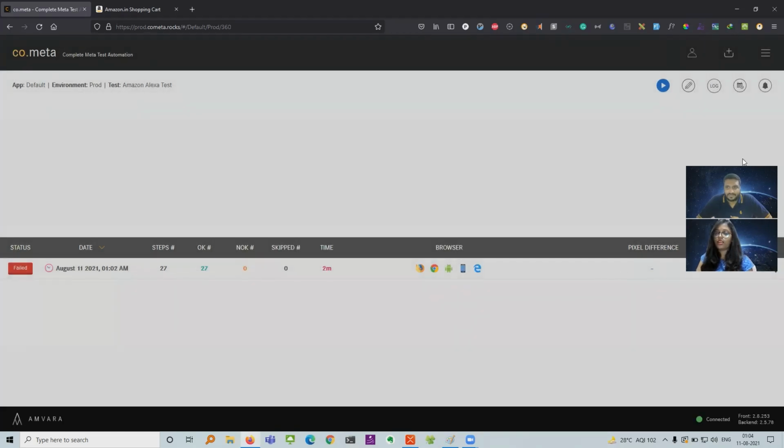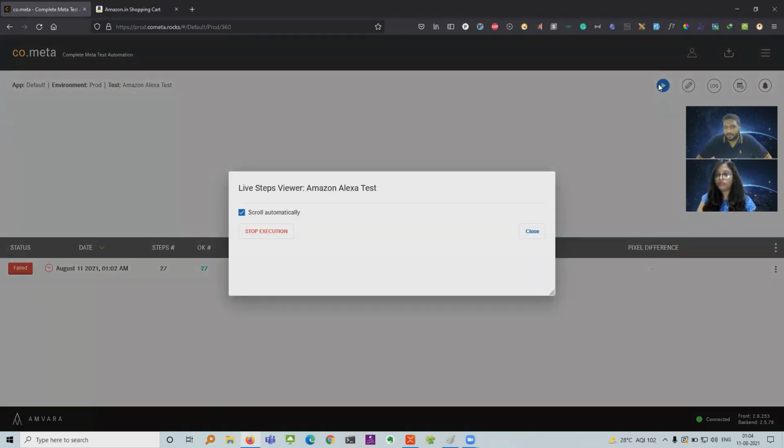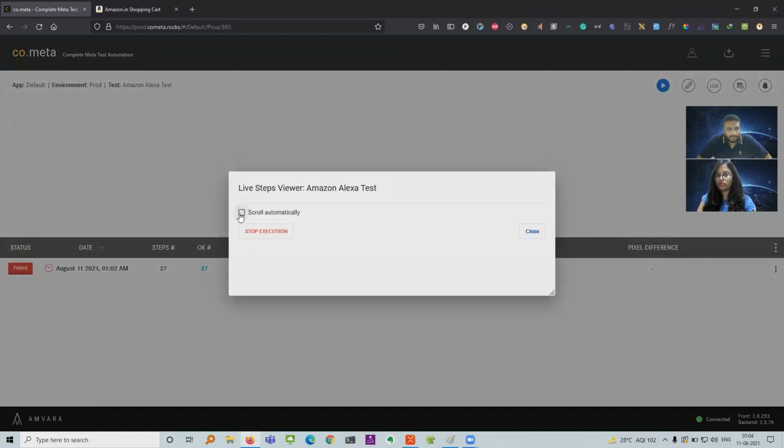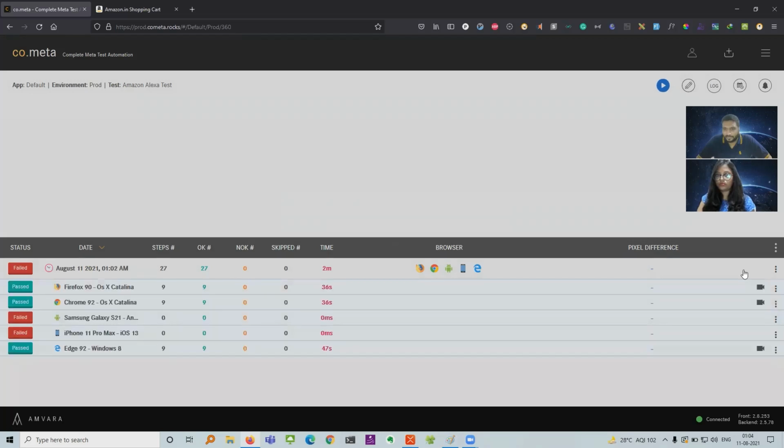One more thing is that though we gave different browsers and different devices, the test ran pretty fast. It was a totally parallel execution, and as soon as I click on this run, it automatically triggers the test on multiple devices. Just click on close, and I guess it's processing something. So we'll come back here in a moment.